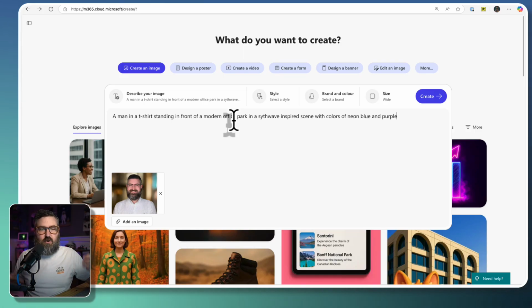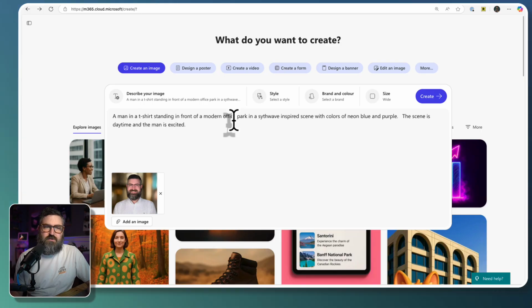I've got blue and purple kind of going on behind me. The scene is daytime, and the man is